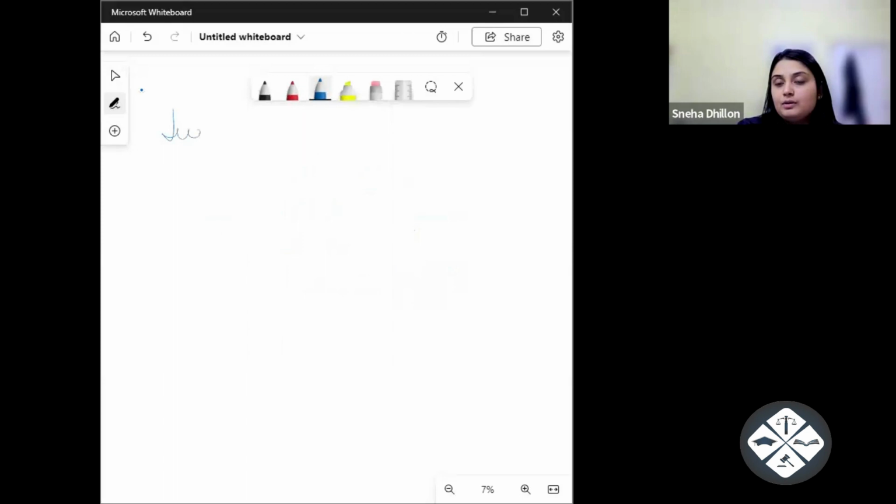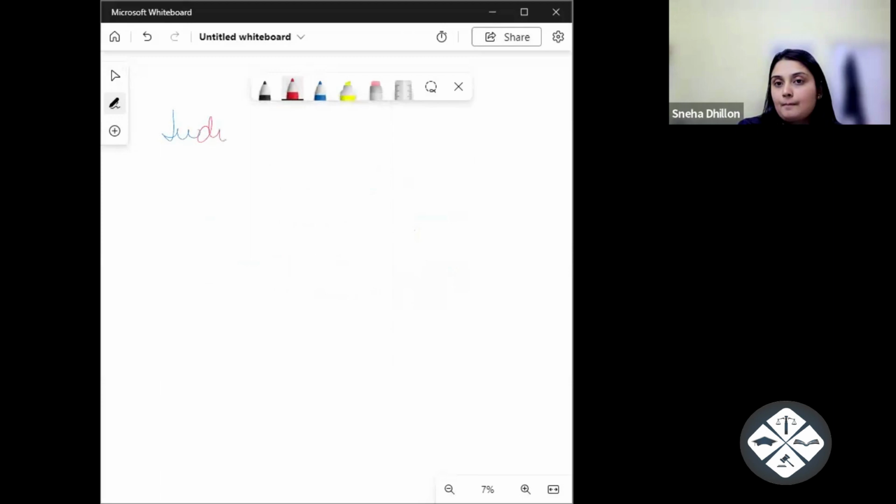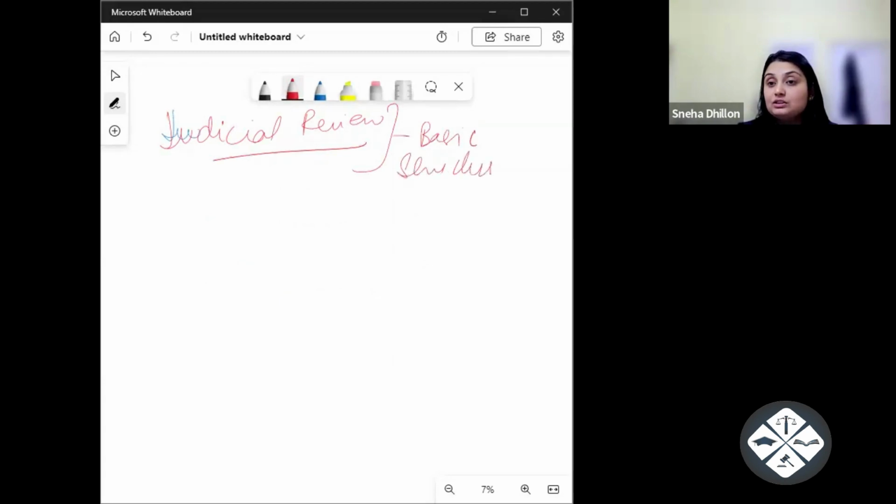when we speak of judicial review, we speak of it as a feature of the constitution, a salient feature of the constitution, and also a basic structure. We do accept judicial review as a basic structure of the Indian constitution. This was said in Indira Gandhi versus Raj Narayan's case,